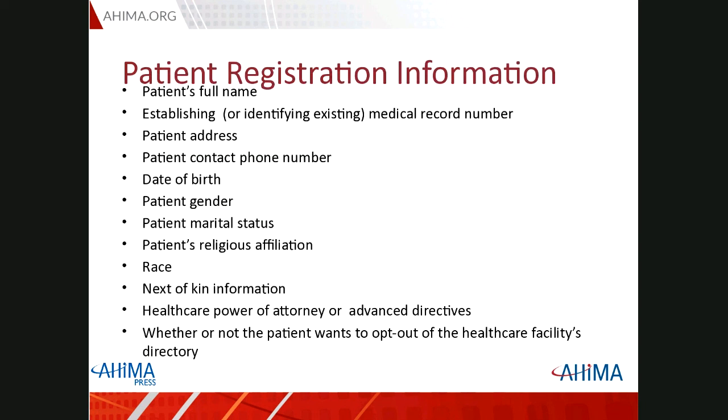The patient registration information, we have the patient's full name, establishing or identifying an existing medical record number, the patient address, the patient's contact telephone number or cell phone number, date of birth, the patient gender, the patient marital status, the patient's religious affiliation, the race, the next of kin information, the healthcare power of attorney